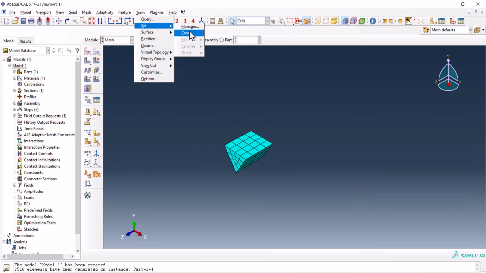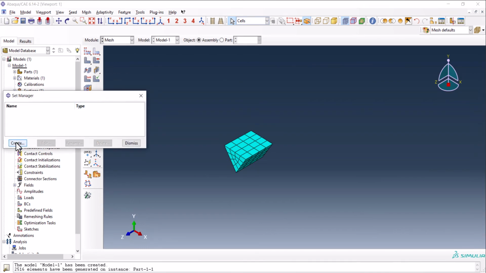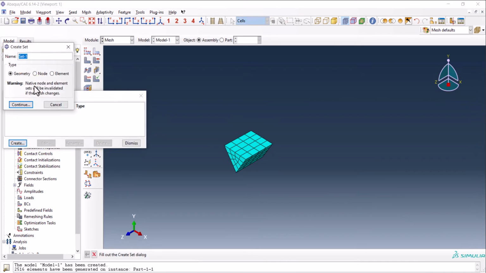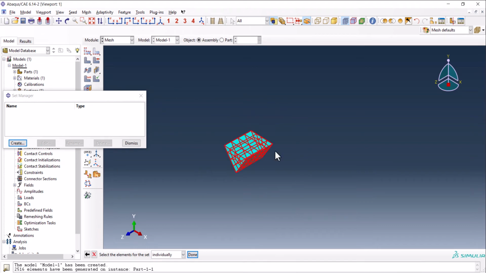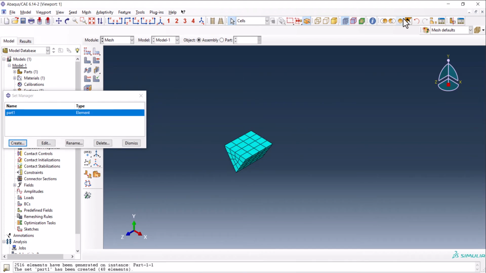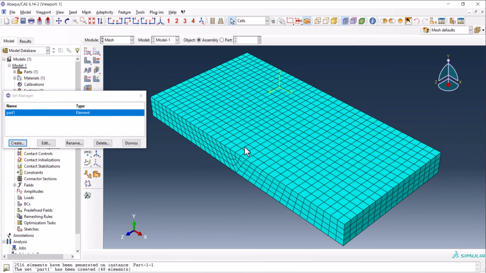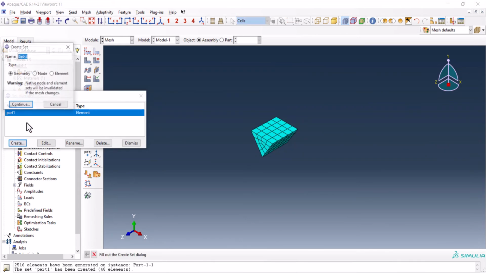So from set here, manager, I create a set here by element, name it part 1, continue, I select everything and click done. Now I need to replace all, I select this one, I do the same, so create this one, part 2, element,